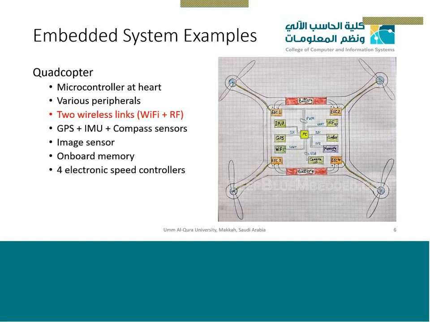We see a bit more complex embedded system in a quadcopter or a drone. You have 4 fans which are the outputs. The 4 fans will work based on the RF link. Over here you can see the RF link. RF is a low frequency, high range transmission technology. It's not needed here, but just for an idea, we have 2 technologies for communication, Wi-Fi and RF. Wi-Fi will be used for the camera data, high data rate. We have RF for low data rate, which will work with our controllers.